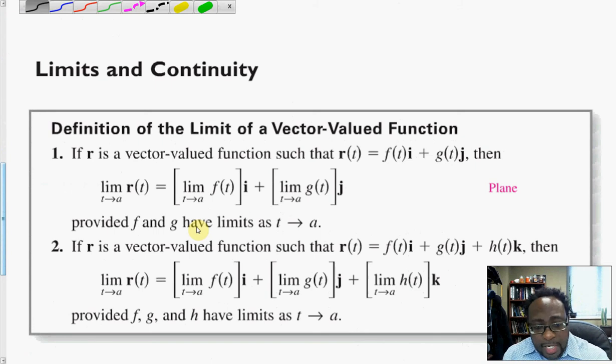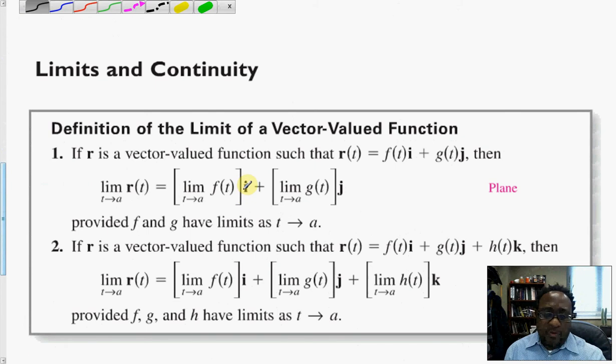To investigate the idea of the limit of the vector, it is tantamount to investigating the limits of the respective functions. So to evaluate the limit of r of t as t approaches a, that is the same as evaluating the components of the vector. The limit of f of t as t approaches a,